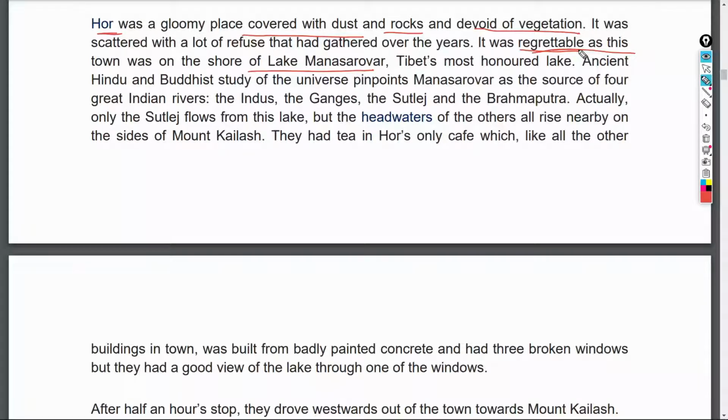this is by the side of the very respected, very honorable lake, that is Mansarovar, which is honored as the most ancient. Hindu and Buddhist study of the universe pinpoint Mansarovar as the source of four great Indian rivers: the Indus, the Ganges, the Sutlej, and the Brahmaputra. So when you study the ancient Hindu and Buddhist study of the universe, they tell about the origin of these four rivers, Indus, Ganges, Sutlej, and Brahmaputra, from this particular place,